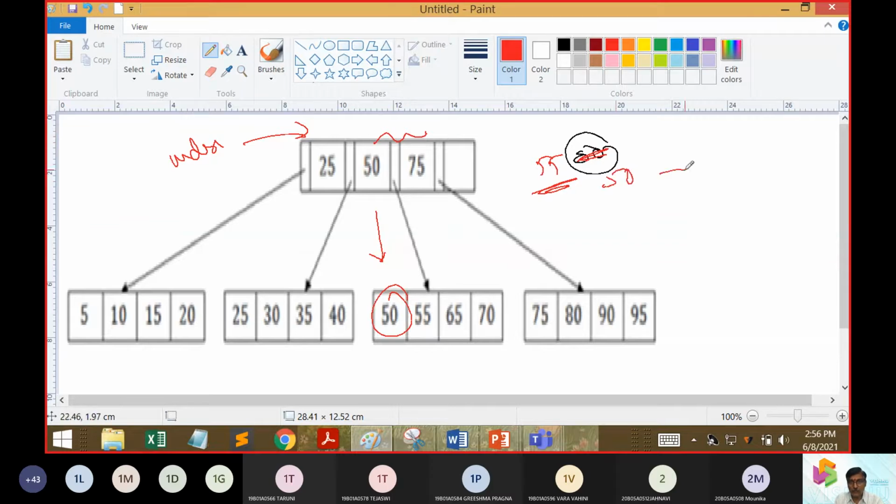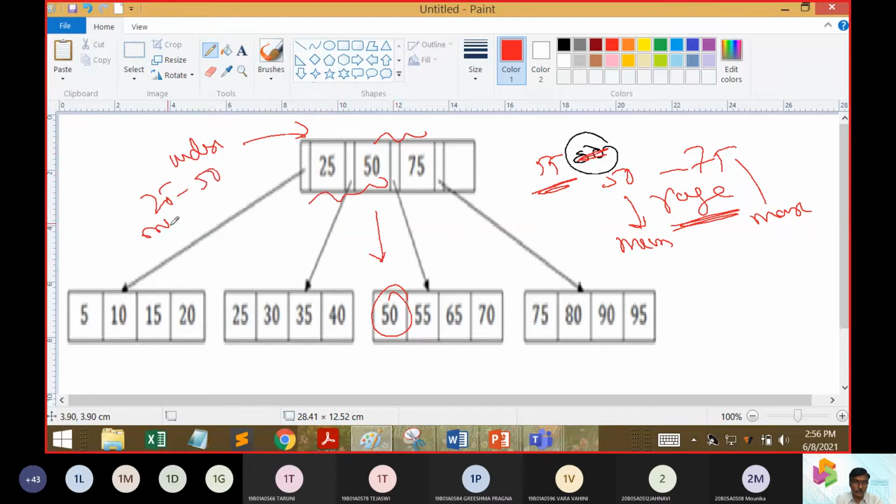Between 50 to 75 we have a range. So minimum value was 50, maximum value we are going to have a 75. So that is one range. Similarly, if it is between 25 to 50, now 25 will become the minimum value, 50 will become the maximum value.